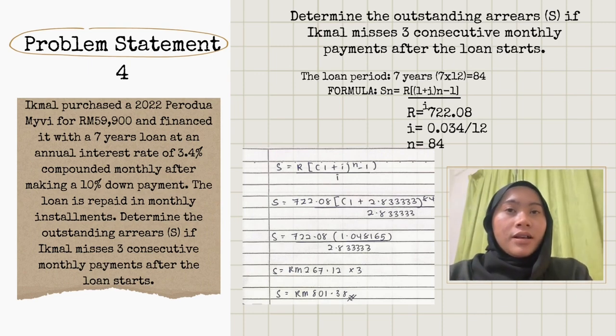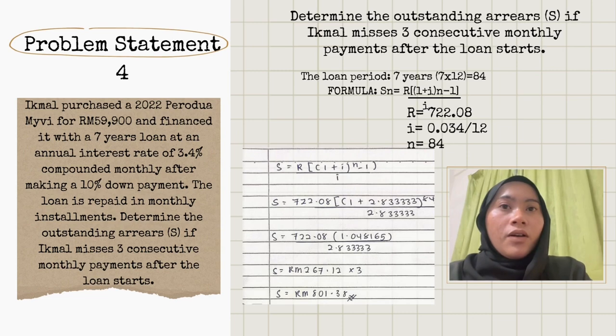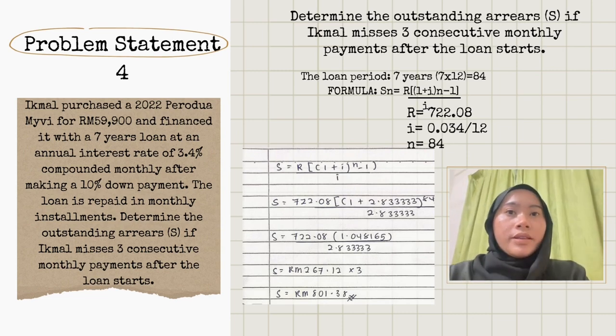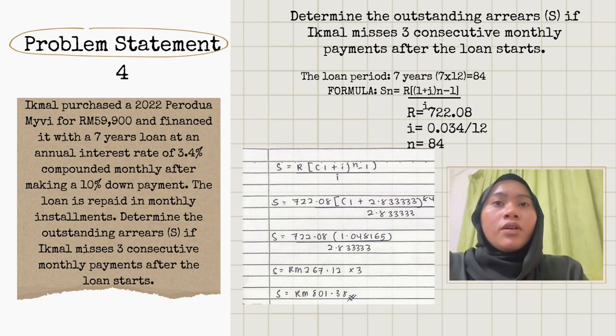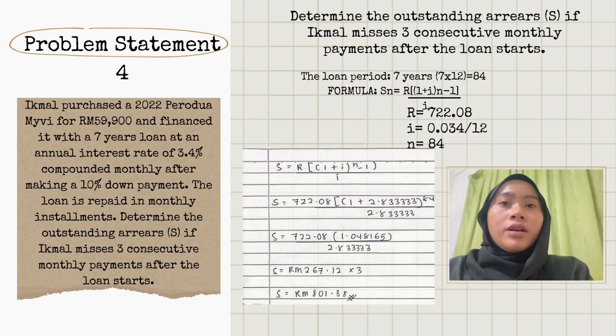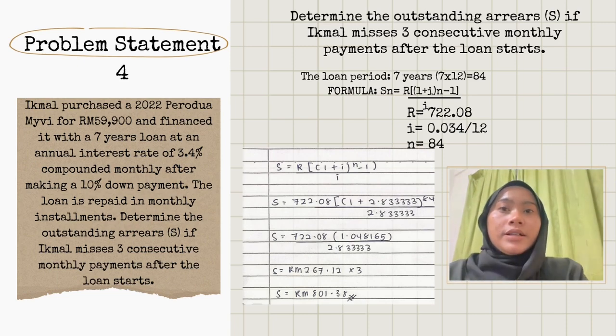To find the S, you must use the formula S equals R open bracket 1 plus I to the power of N minus 1 close bracket over I. S equals 72.08 open bracket open bracket 1 plus 2.8333 close bracket to the power of 84 close bracket over 2.8333. S equals 72.08 open bracket 1.048165 over 2.8333. The answer is